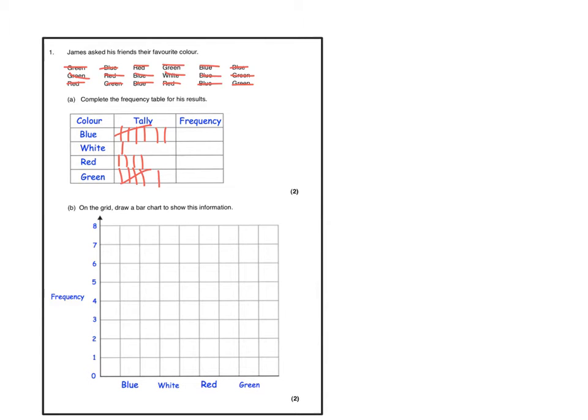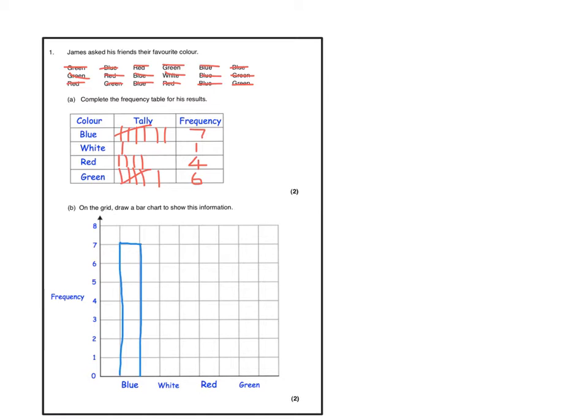So altogether there's 7 blue, 1 white, 4 red and 6 green. So when we're doing a bar chart, we need to make sure that we have gaps between our bars and they need to be equal in width. So the first thing I'm going to do is draw the blue. The blue is 7, so I'm just going to put a line up at 7, and you would do this with a ruler, and I'm going to draw down,